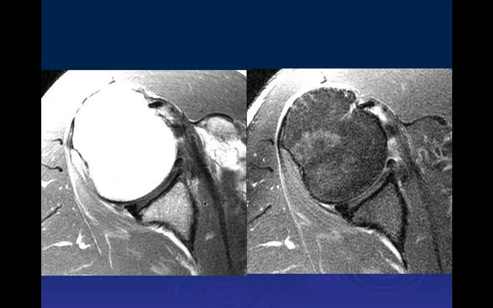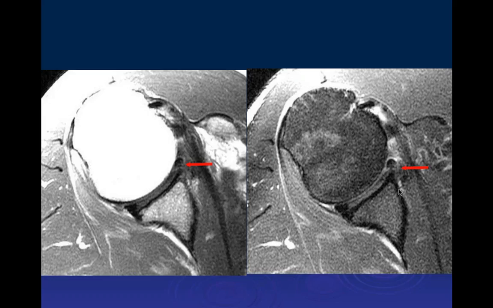So we have axial T1 and axial PD fat set. Yeah. So looking at the subscapularis, there's increased signal intensity and maybe some partial thickness tearing at the articular surface. And then the anterior labrum, there's a little bit of signal intensity undermining it,